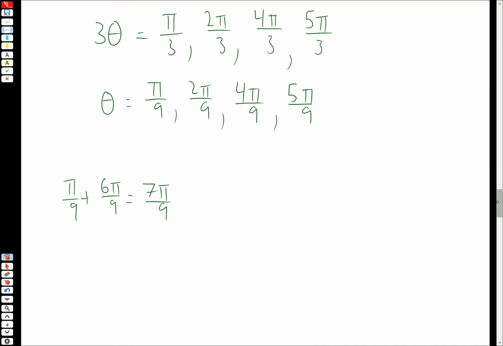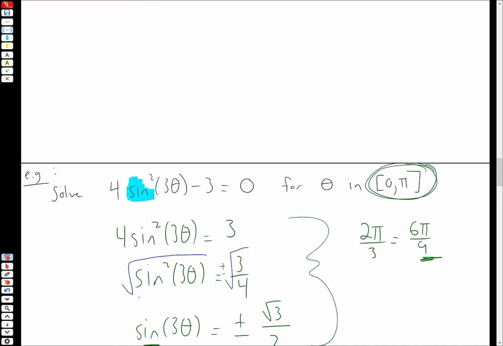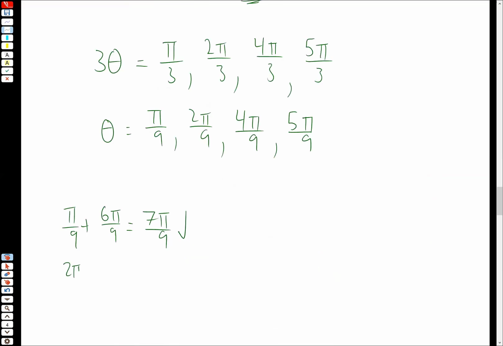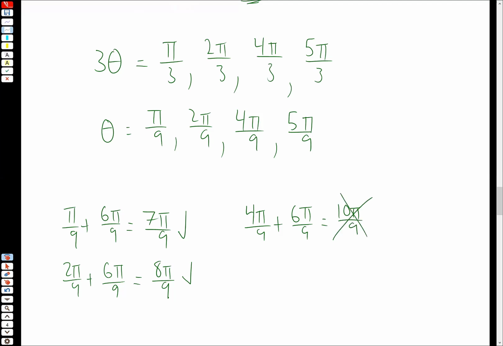which is definitely within 0 to pi. So that's okay. Take 2 pi over 9. We're going to add 6 pi over 9 to that. That gives us 8 pi over 9. Check. Take 4 pi over 9. Add 6 pi over 9. And now we have 10 pi over 9. Now notice this is bigger than pi. So now we start to throw away things. We don't want that. And just to double check,